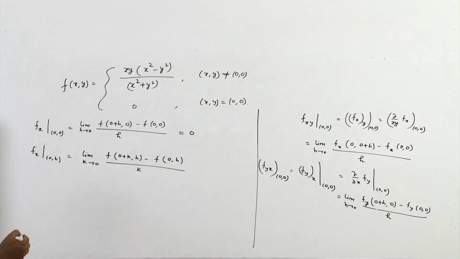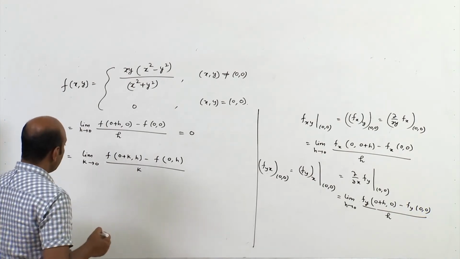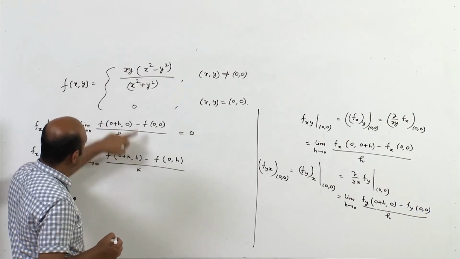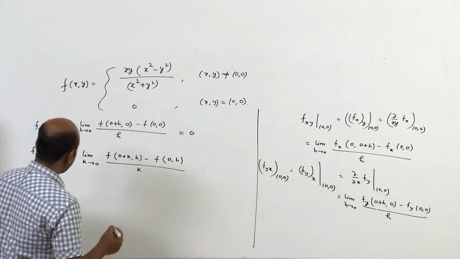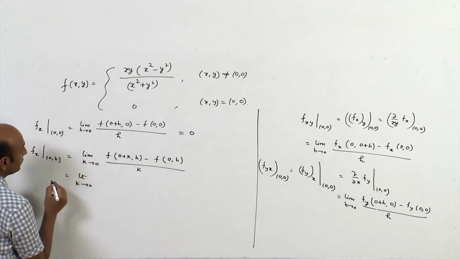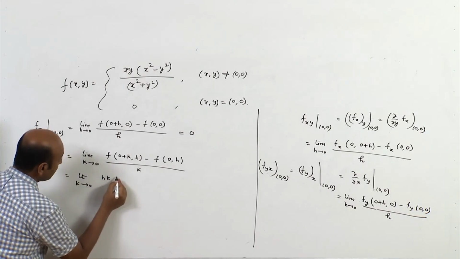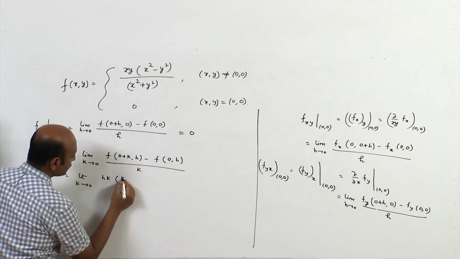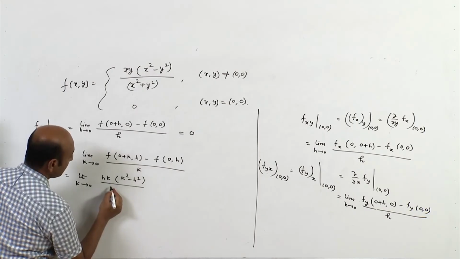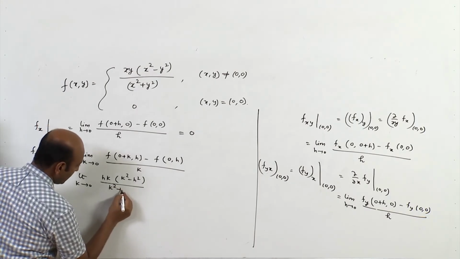Now you replace x by k and y by h. So what will we obtain? Limit k tending to 0 of hk(k² − h²)/(k² + h²)